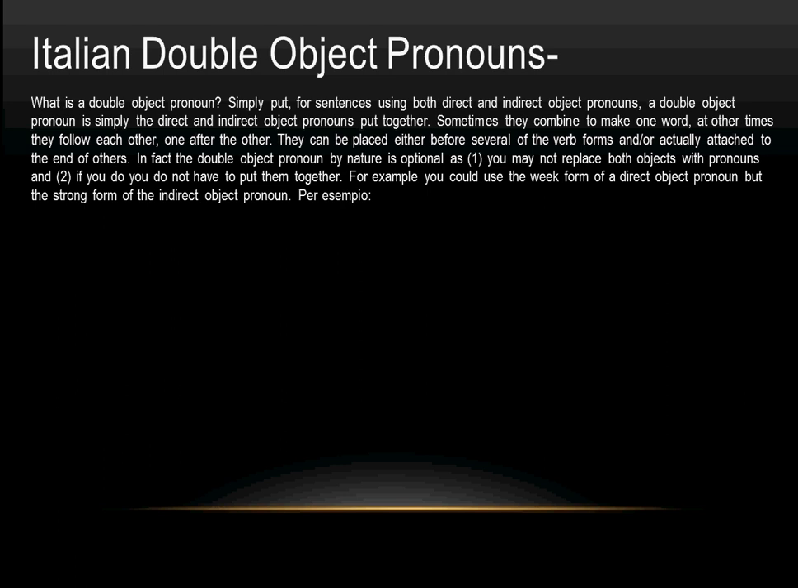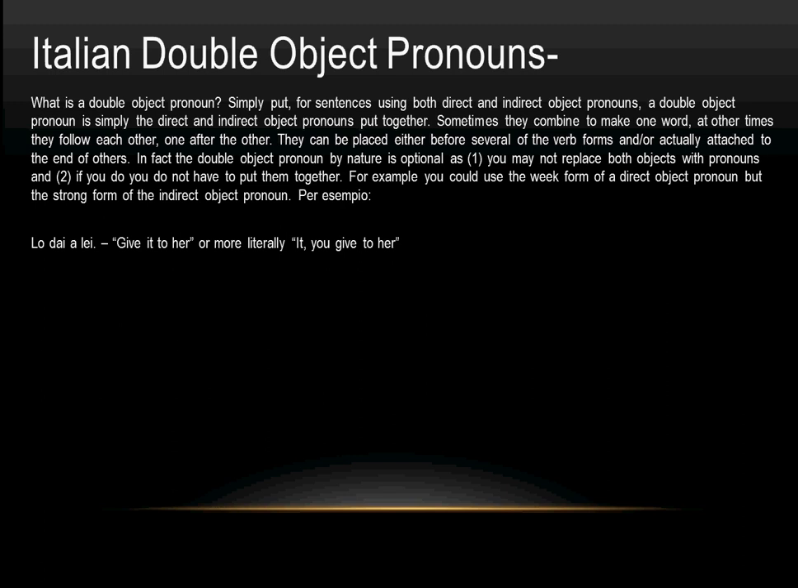Now, in fact, the double object pronoun by nature is actually optional. Number one, you may not replace both objects with pronouns. And number two, you do not have to put them together. For example, you could use the weak form of a direct object pronoun, but the strong form of an indirect object pronoun. Per esempio,